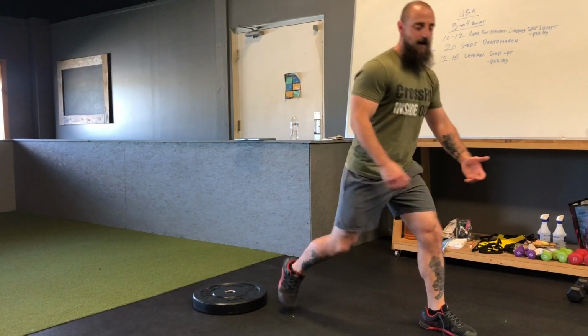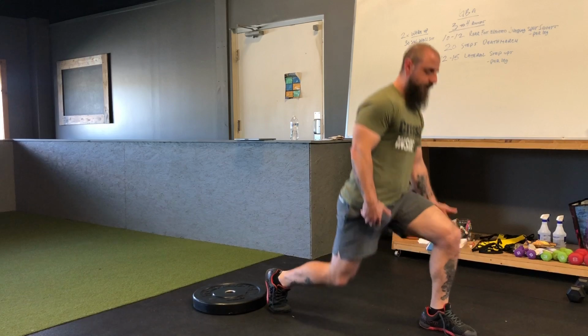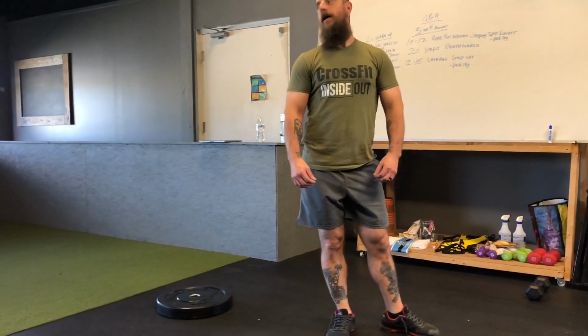Again, you can also do a drop lunge, right? I'm going to drop that back knee, stand all the way up. The elevation doesn't necessarily matter, but